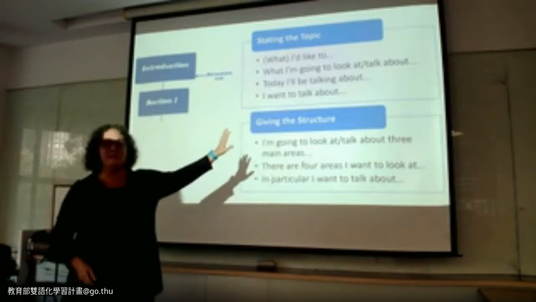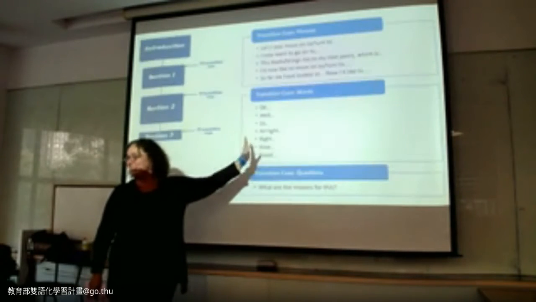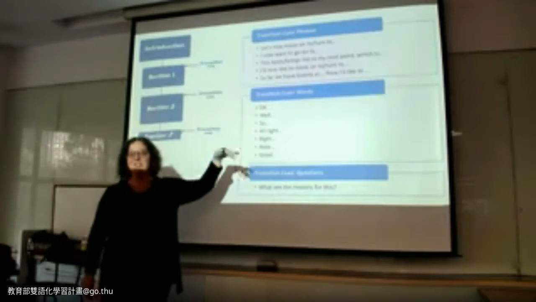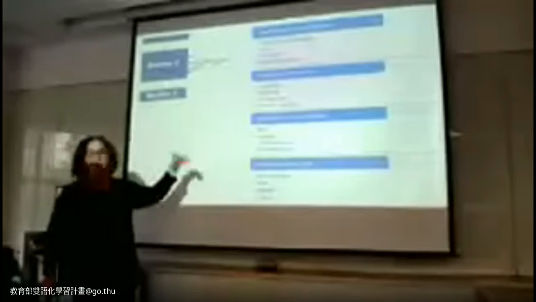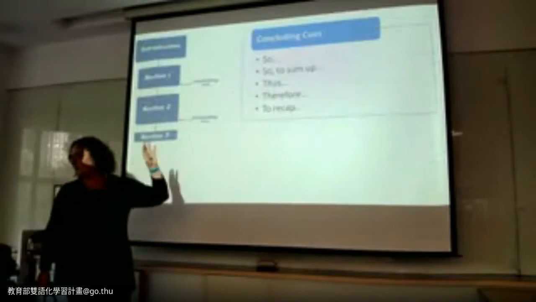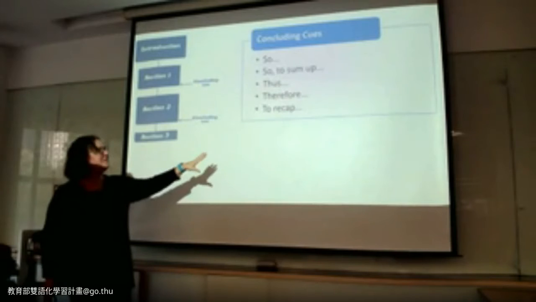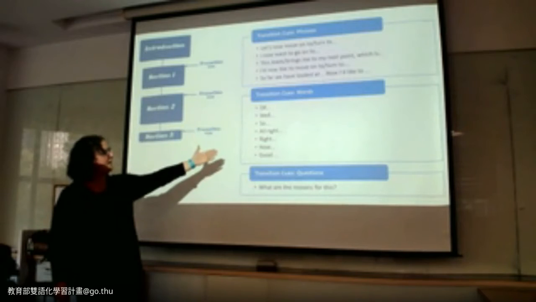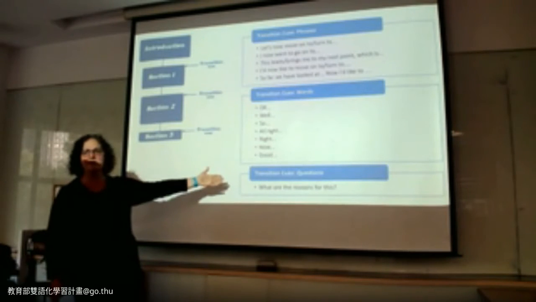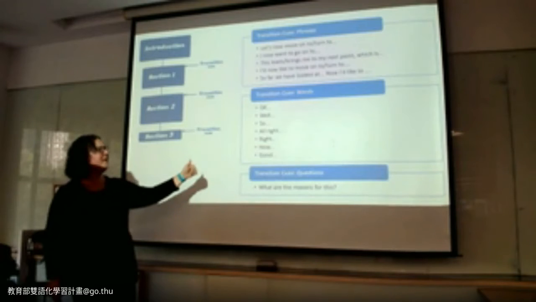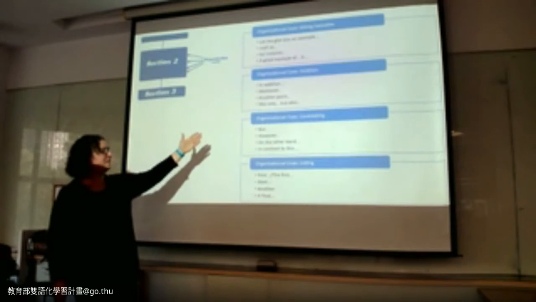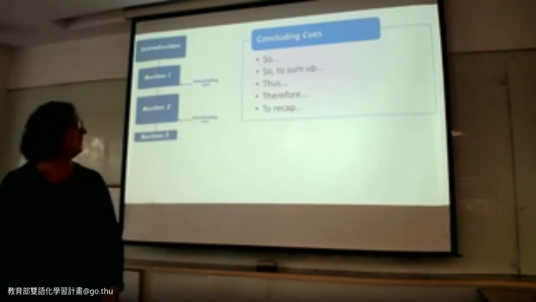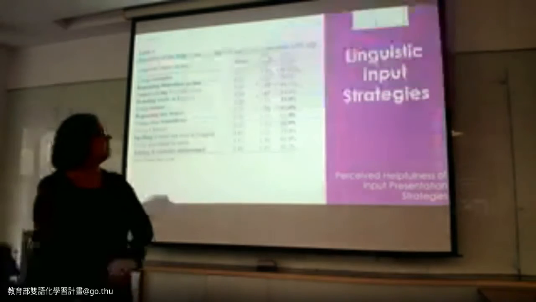Like I said, this is easy. We can find this anywhere. I'm going to zoom through it because it's not the most important part, but this is that linguistic thing. Teachers who are using phrases like this to cue students are helping their students a lot. We'll talk about another element of this too, but keep them simple. These are not words you don't know. What are the reasons for this? Very easy. It's not complicated English here: first, second, right? It's not big, hard English that we're talking about when we're signaling our students.